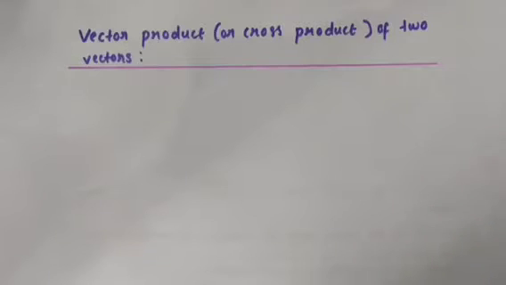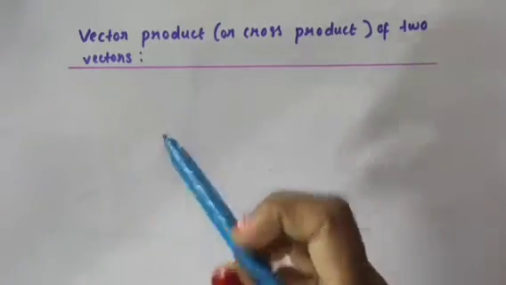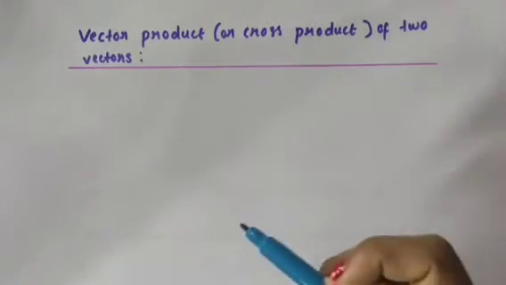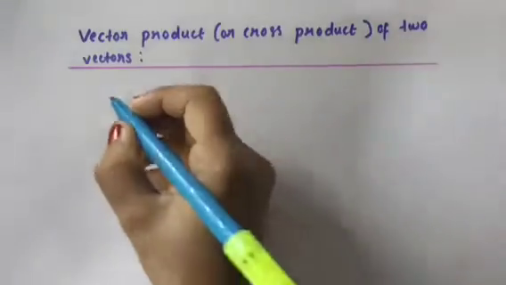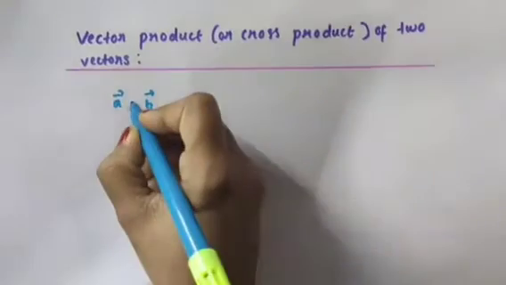Yes, my dear students, let us continue the video of the second video here. So today we are going to discuss about the vector product, or even I can say the cross product of the two vectors. So when I'm considering the vectors, that is a vector and the b vector,